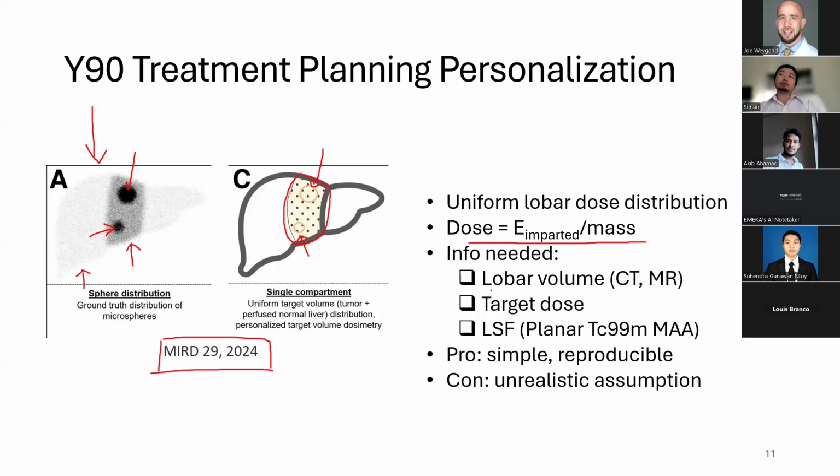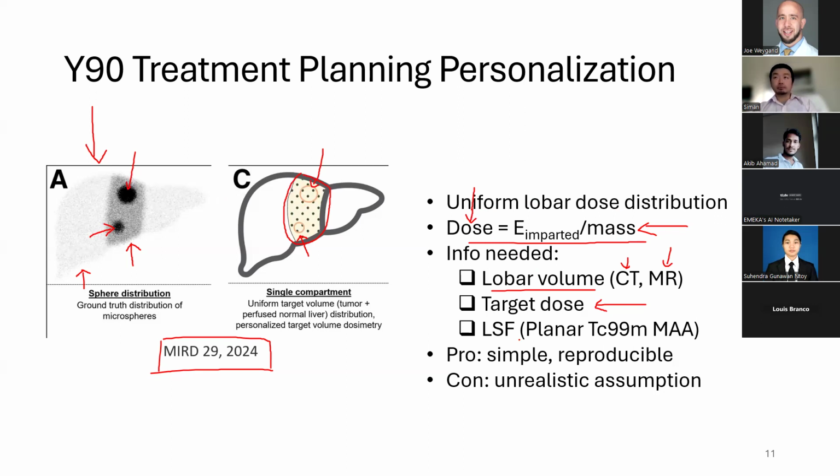And what information do you need? One is that you need the liver volume, right? You can get it from the CT or MR in the pre-workup. And then the target dose, how much dose you want to hit. For example, let's say you're aiming for 110. So, you have the volume, hence the mass. You can make an assumption of what the density of the liver is. You know the volume, the mass, and then what your target dose is. So once you have that,